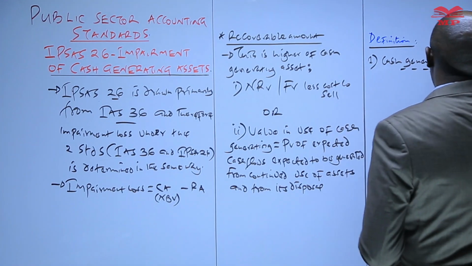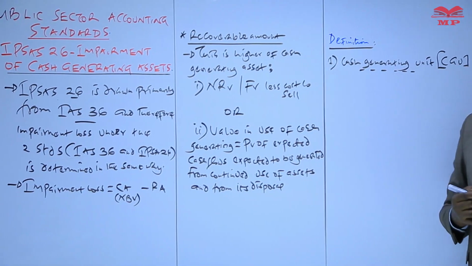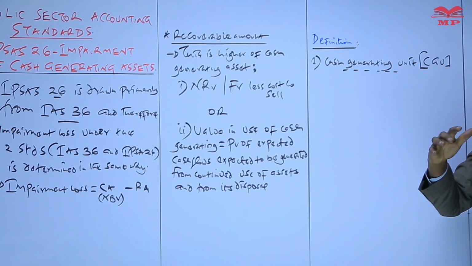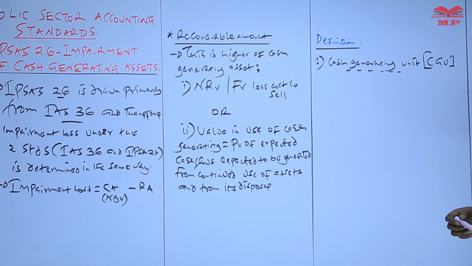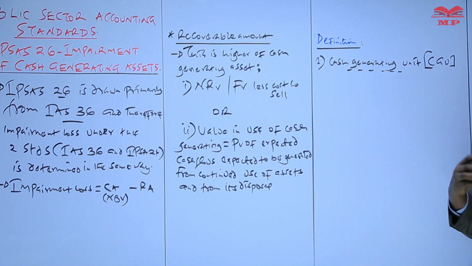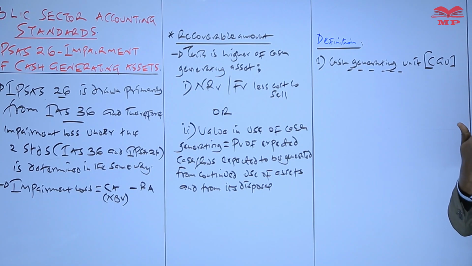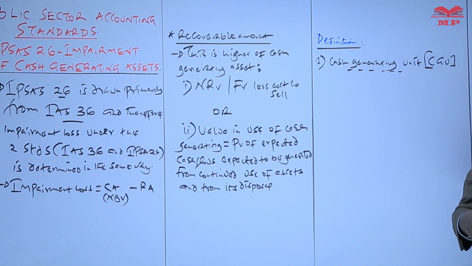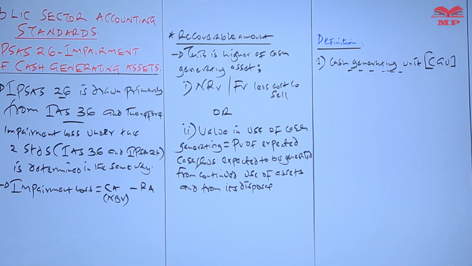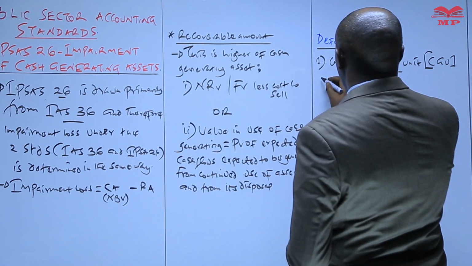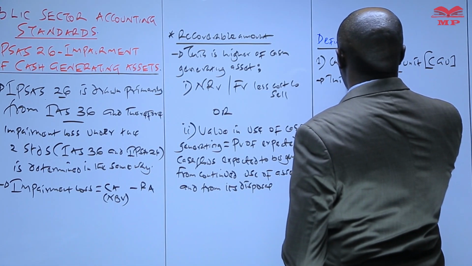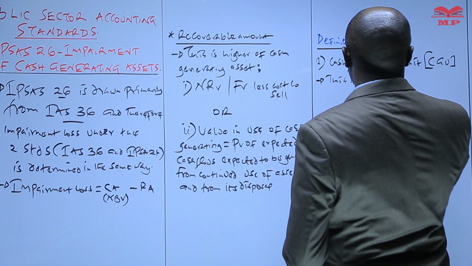When we talk about the cash generating unit, basically we say this is the smallest group of identifiable assets which are held by an entity with a primary objective of generating some cash flows, which are largely independent from cash flows generated by other assets. So therefore, we can say that this is the smallest